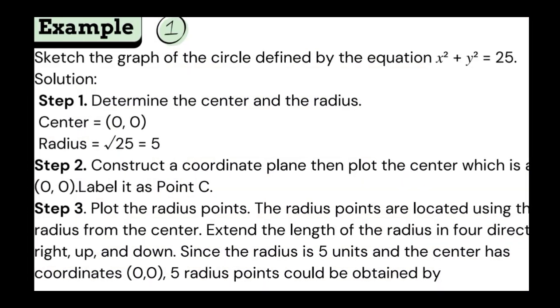The second step is we must construct a coordinate plane, then plot the center, which is at point (0, 0), and label it as point C. Plot the radius points. The radius points are located using the radius from the center. Extend the length of the radius in 4 directions: right, left, up, and down. Since the radius is 5 units and the center has coordinates (0, 0), 5 radius points could be obtained by